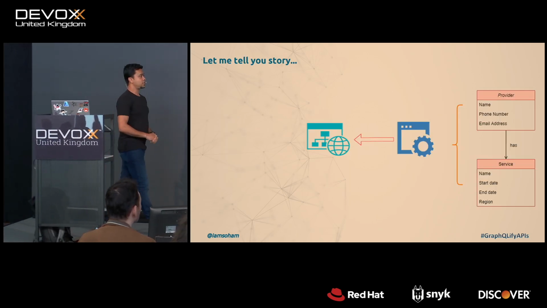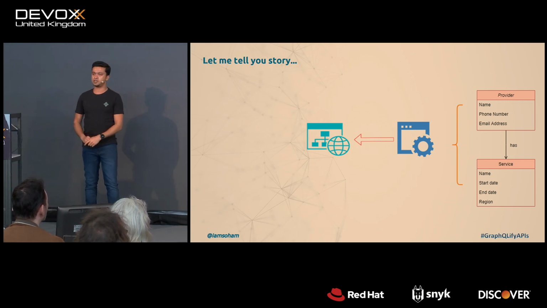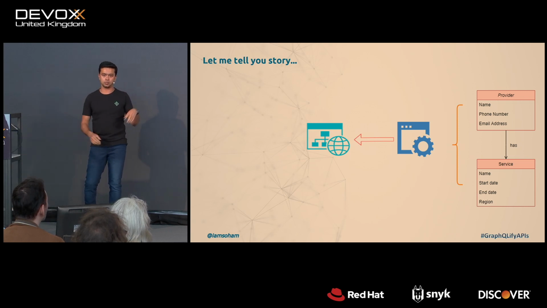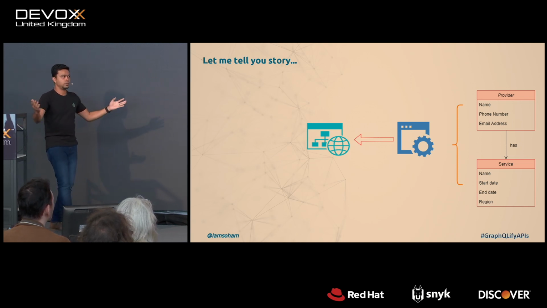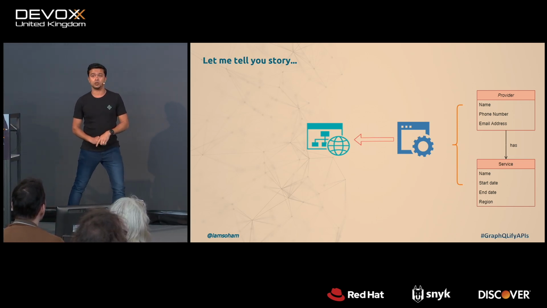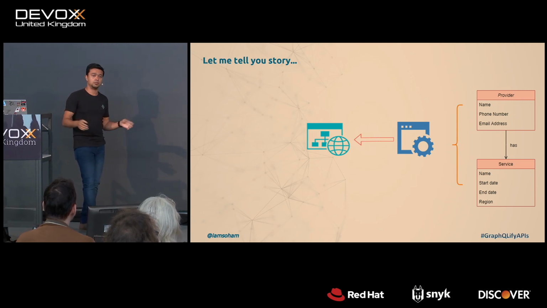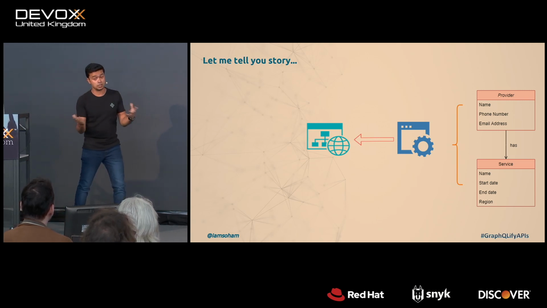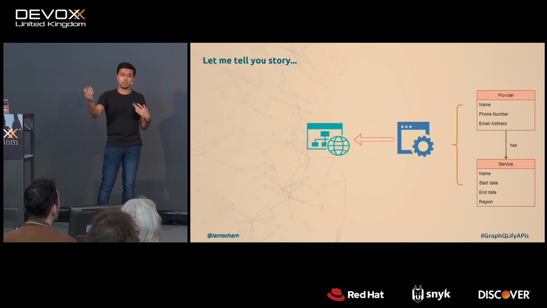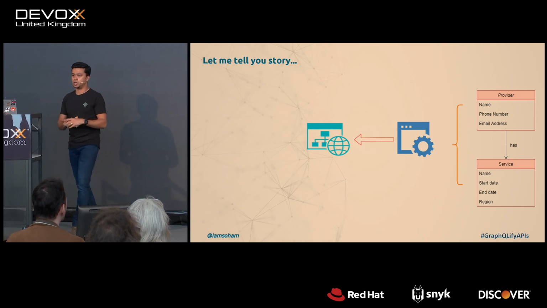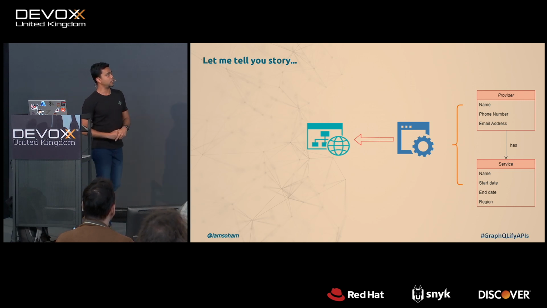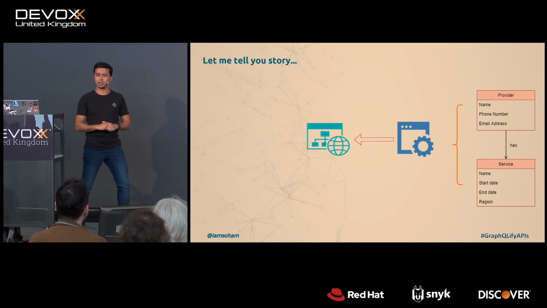As I was saying, a long time ago, we had a microservice which was querying a very simple data structure. We had providers, we had services. The providers would provide multiple services to the citizens. We were building this for government, and there were a lot of entities within the government providing a lot of services to the citizens of the Netherlands. And we had a website which shows all of those so that you can select which services you want to choose for which government entity. As anyone starts, we created a REST endpoint on top of the data structure.